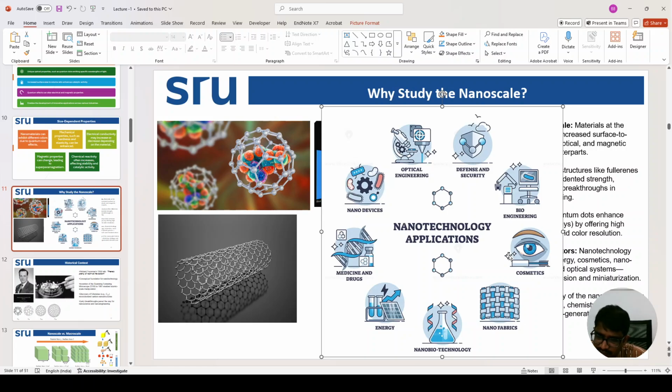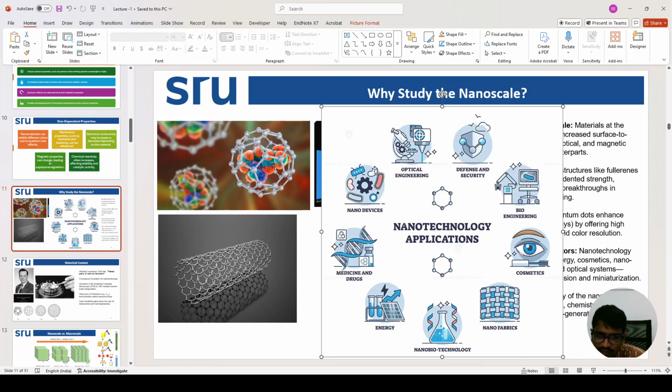Whenever they are playing on a sunny day, they used to cover themselves with some cream, right? Why are they using that cream? It will absorb UV rays, or it will reflect UV rays, so that their skin may not be damaged. And also nano fabrics in the textile industry, in chemistry, in energy, in batteries, in electric vehicles, and also